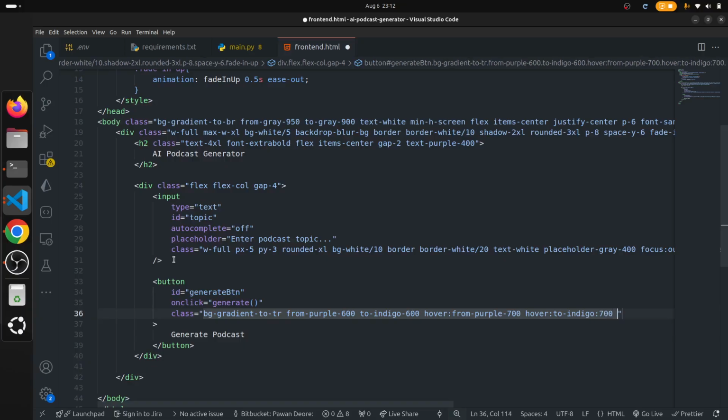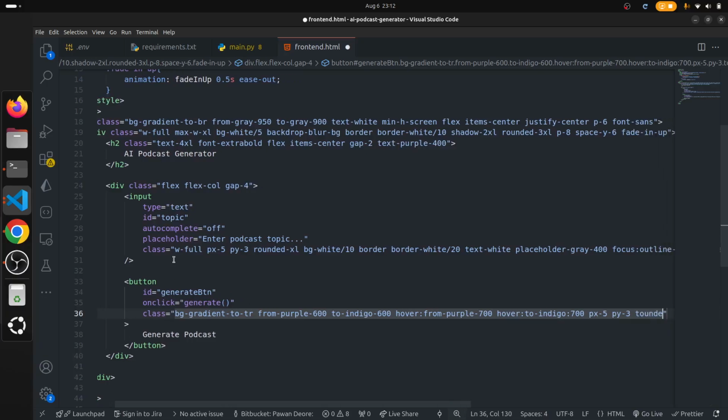Okay, so let's add some other styling like padding horizontal 5, then py 3, then rounded